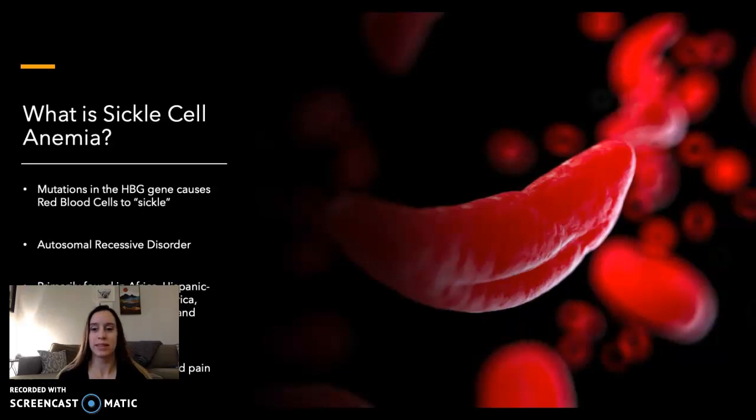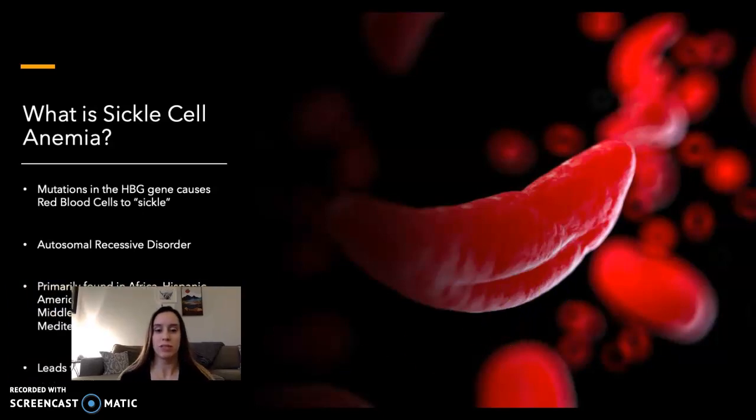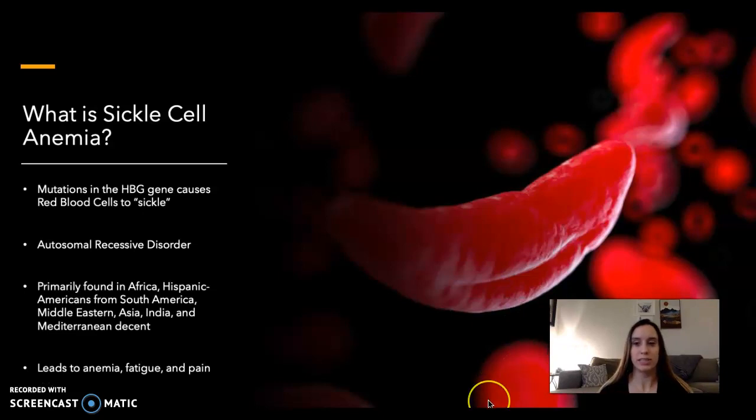So what is sickle cell anemia? Just a quick summary before I go into too much detail. Basically, it's a mutation in the HBB gene which causes red blood cells to sickle and change shape. Normally, red blood cells have a nice circular shape to them, but a sickle cell has more of a jagged shape to it, and it leads to a lot of